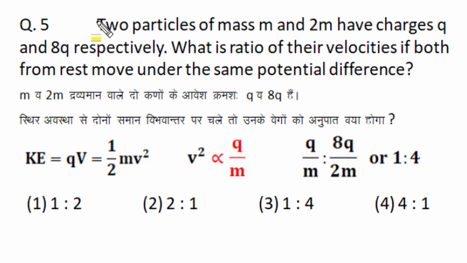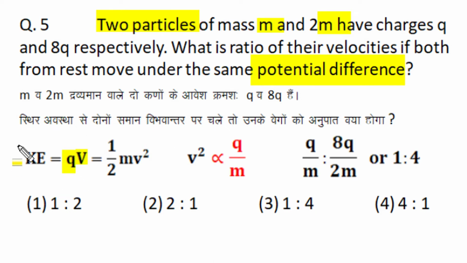We are given that two charged particles of mass m and 2m have charges q and 8q respectively. We have to find the ratio of their velocities if both start from rest and move under the same potential difference. Potential difference performs work on a charged particle, and potential difference is work done per unit charge. So the work done on charge q when it moves through a potential difference V is qV, and that